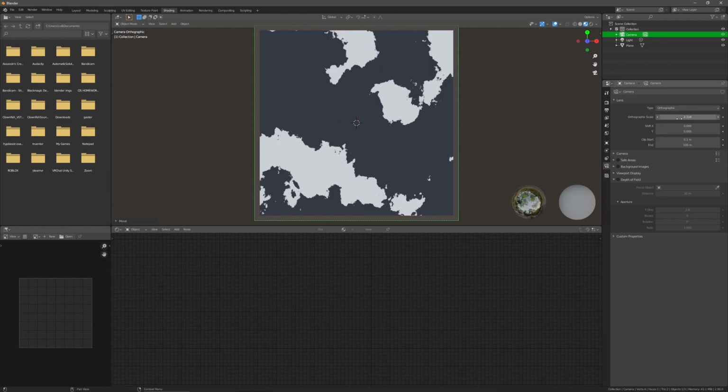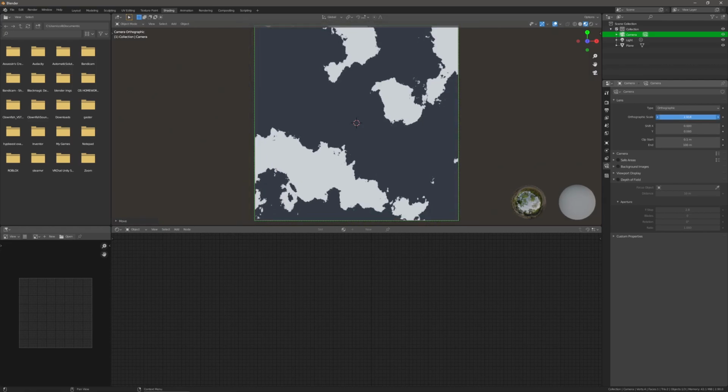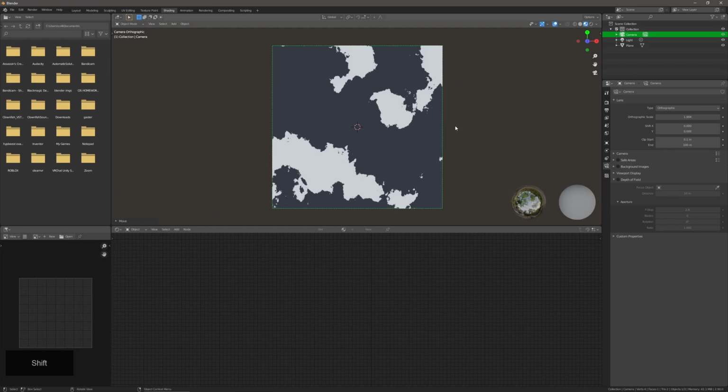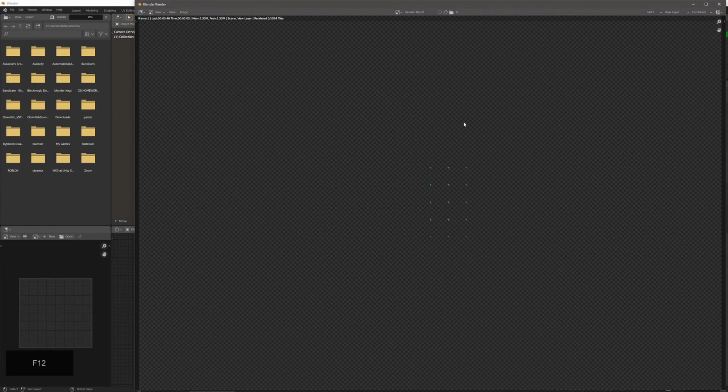And because we made it a perfect square by it being 2048 by 2048, making it 2K, we can zoom into the image, and now we have what we want. You can also press Shift to slowly increase or decrease your values. So now we have that in our camera's perspective. We can now press F12 and we can render the plane.